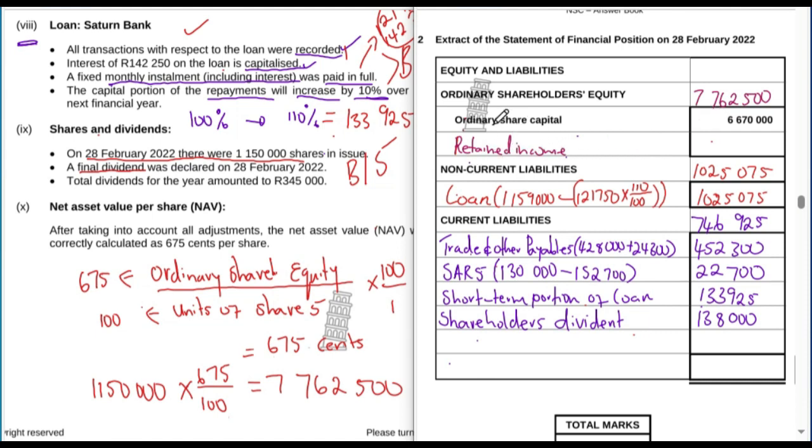We know that ordinary share capital plus retained income equals to ordinary shareholders equity. So we can say 7,762,500 minus 6,670,000, and then we have the difference of